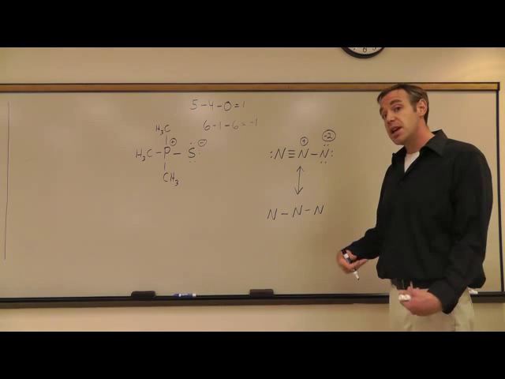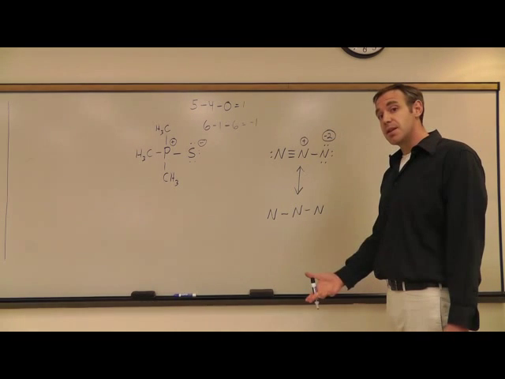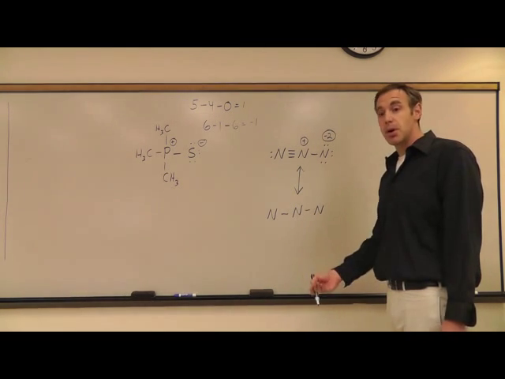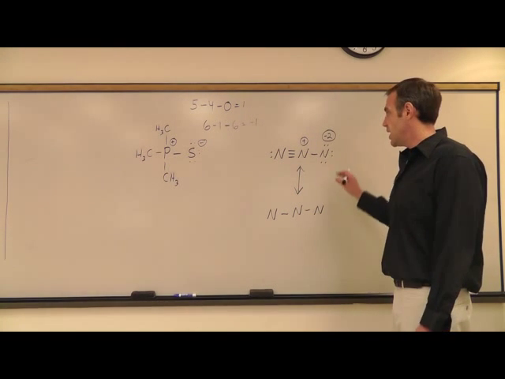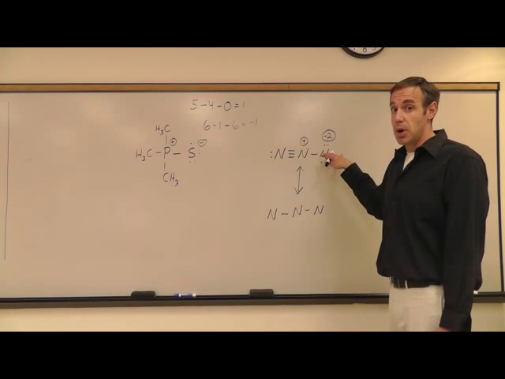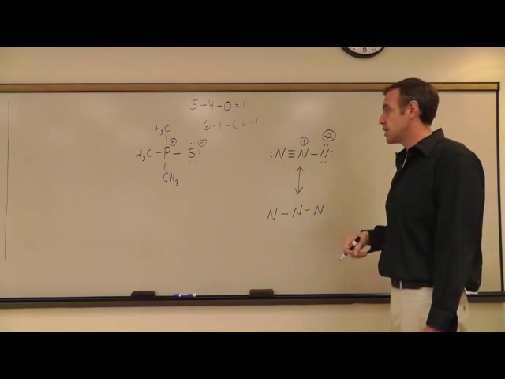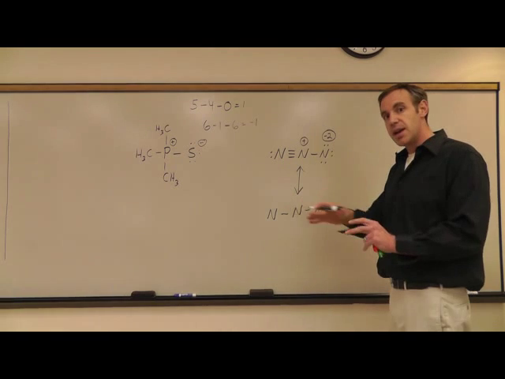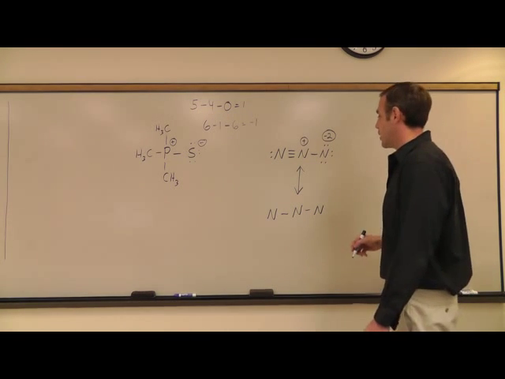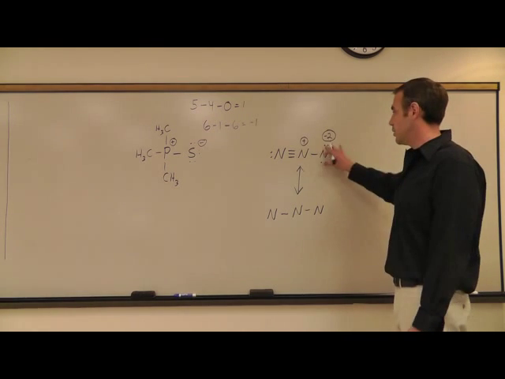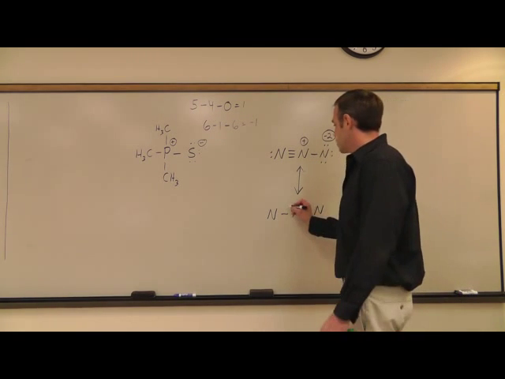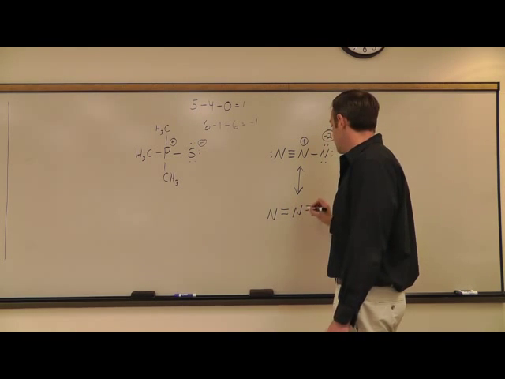We cannot create any new single bonds or sigma bonds. Otherwise, that's not a true resonance structure. The same single bond or sigma bond network has to be in place. It's only the extra electrons, the pi bonds or the lone pairs, that can move around. And so we start off with these nitrogens, and then we need to fill in the rest of the electrons. And so perhaps you were able to arrive